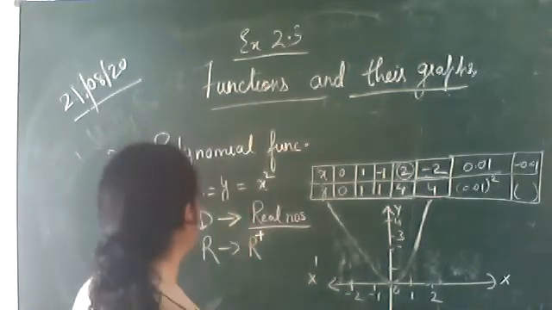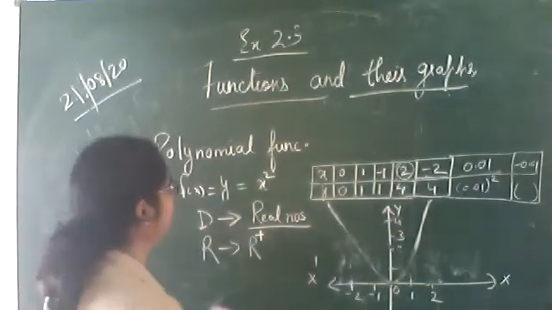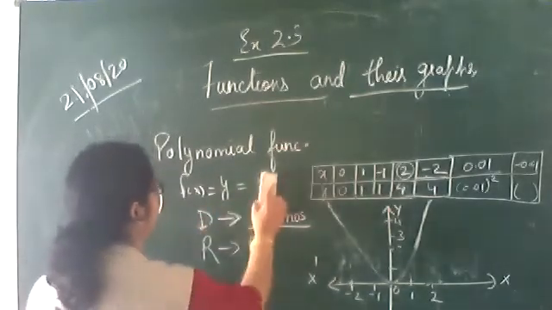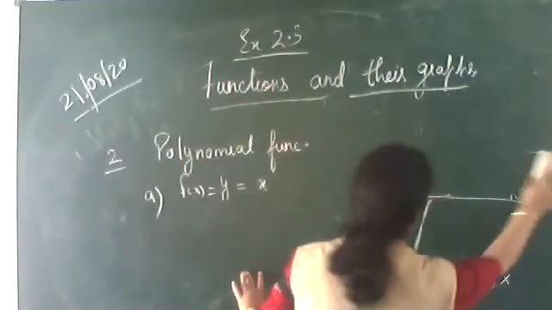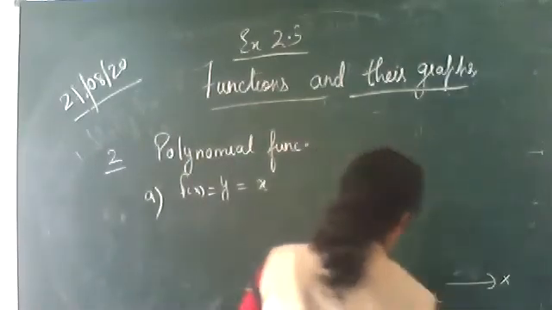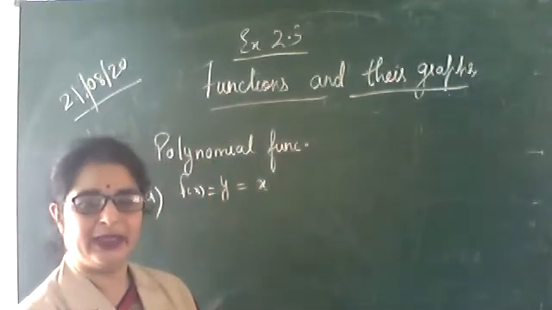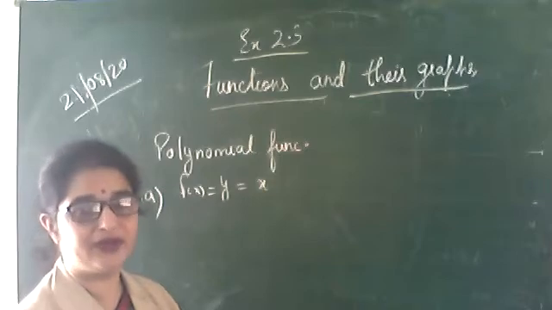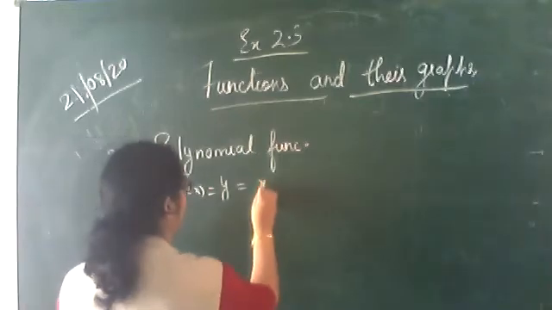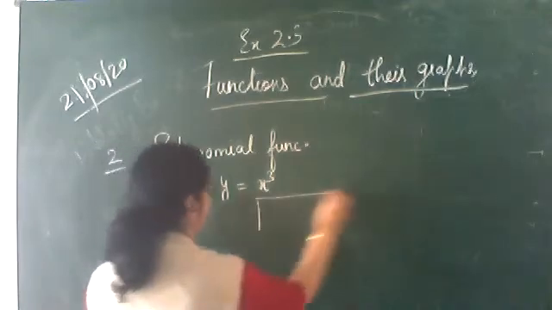This is an example of a polynomial function. This is the first part, we can say A part. Now if I change the function, instead of x square, if I put x cube, now things will change. That's why I told you, domain and range depend upon the function. It will change from function to function. If I'm having x cube, then what will be the domain and range?